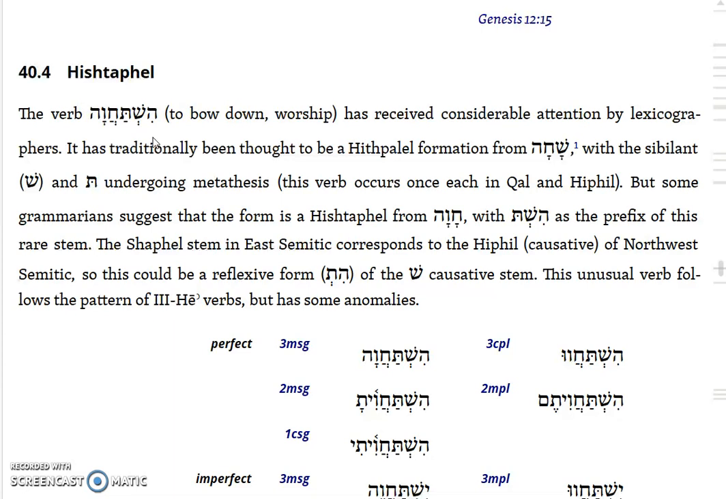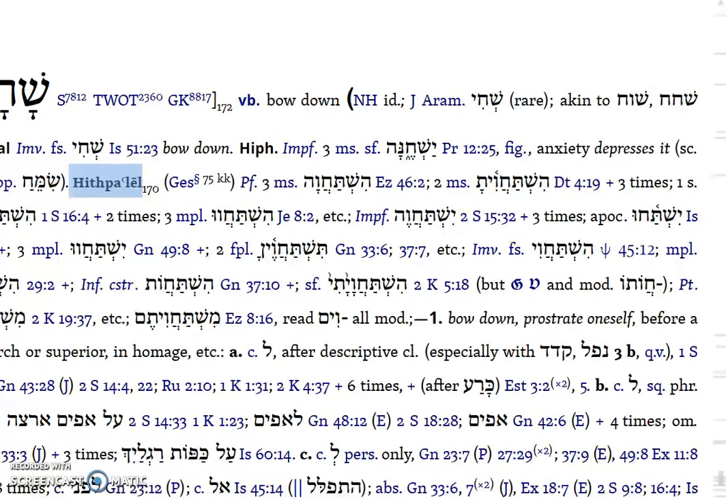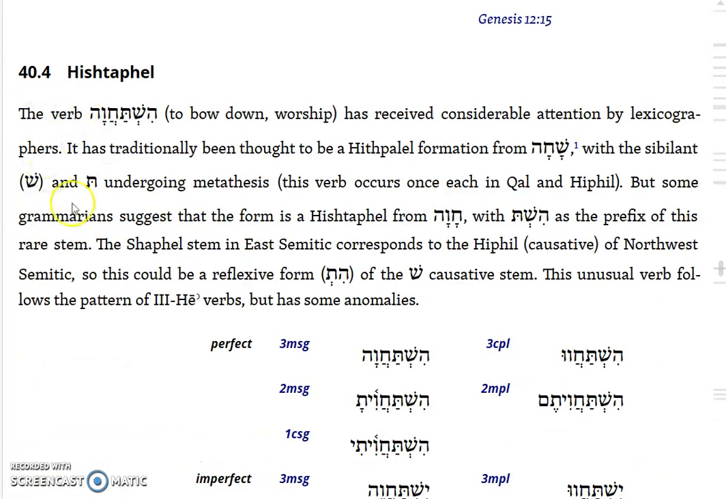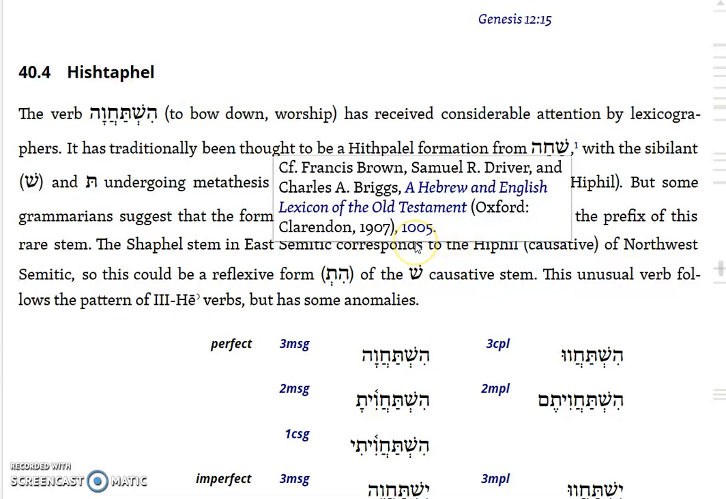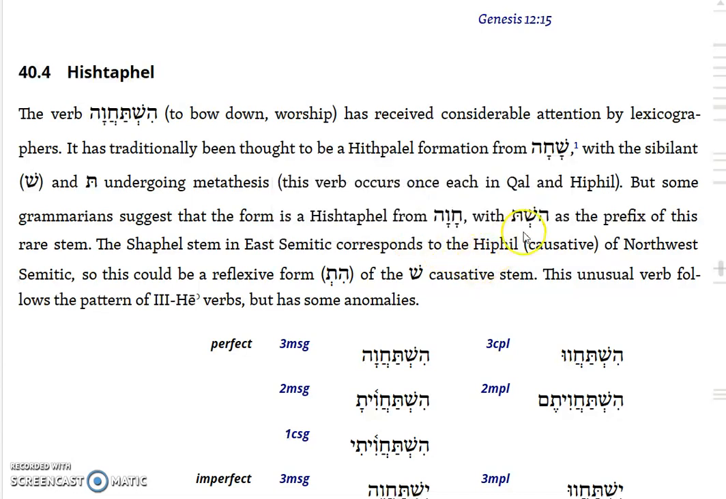and it's received considerable attention from lexicographers. It was traditionally thought to have been a hithpalel formation from the root shin het he. And if you were to look it up in Brown Driver Briggs, it would turn out that Brown Driver Briggs would show it exactly that way. For some reason it disappeared when I clicked on it. But if you looked it up in Brown Driver Briggs on page 1005, it actually takes it as the root shin het he and